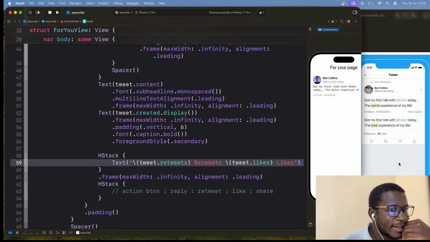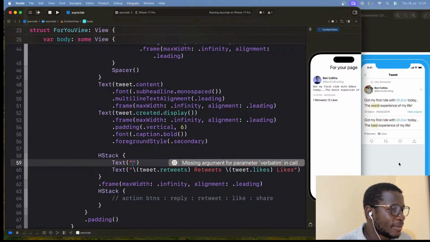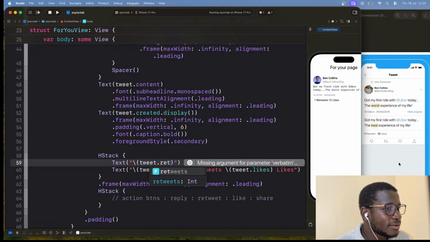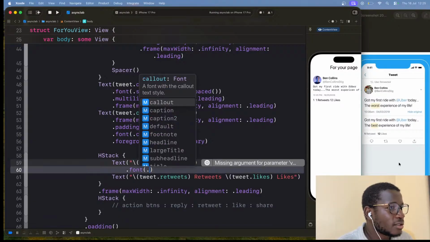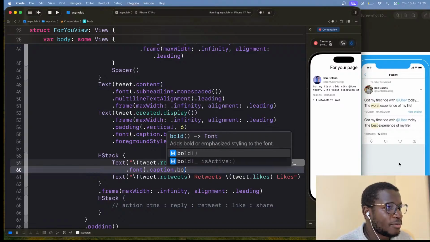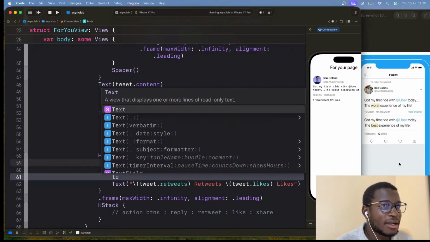We can use a H stack there, and we'll have the first text, and this text will just have the tweet, sorry, the retweets, with some custom font, so same caption, but we make it bold, and next to it we can have